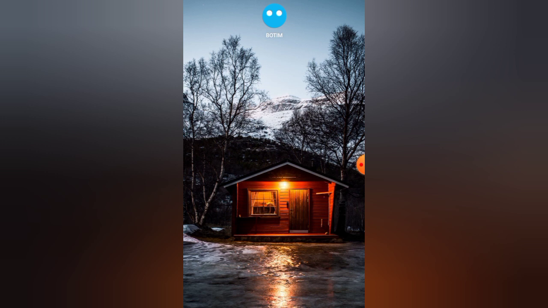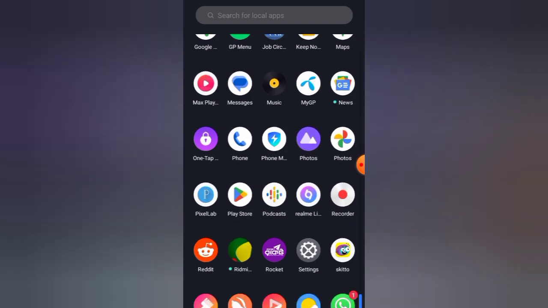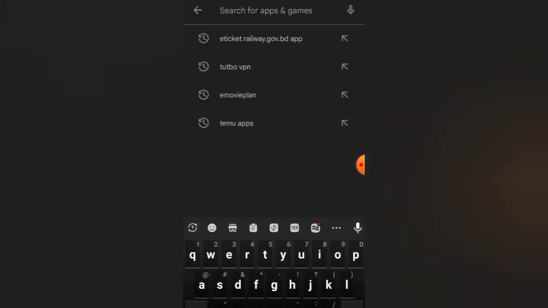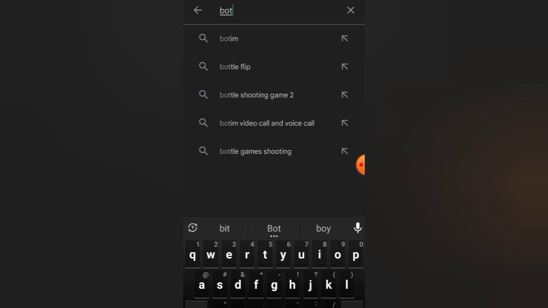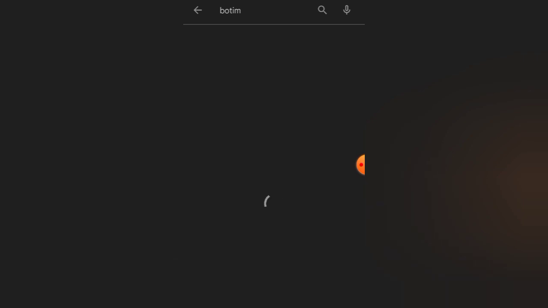So we need to go to Play Store. If you are an App Store iPhone user, then go to App Store. Okay, then search here on the search box BOTIM. Okay, and then just click here. Wait a second please. And then we're just gonna see